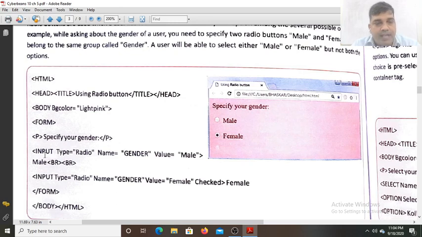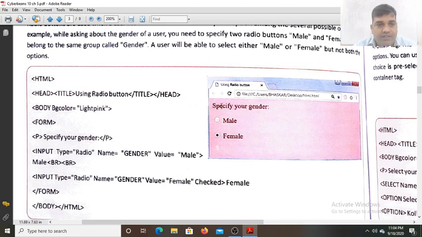Now input tag open, and type is set to radio. Checkbox is used to add a checkbox, and type equals radio is used to add a radio button on the form. The name is given as gender, by which the radio button will be identified, and the value is given as male.